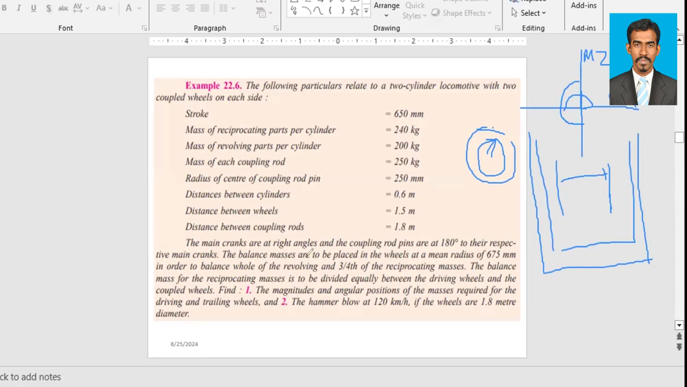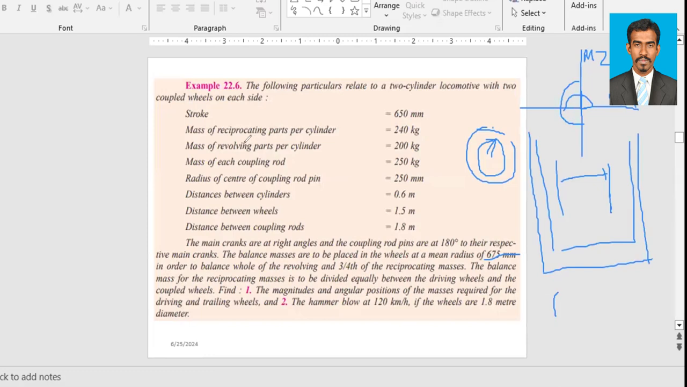The balance masses are to be placed in the wheels at a mean radius of 675 millimeter. So the balancing masses are going to be placed at 675 millimeter in order to balance the whole of the revolving mass, which is 200 kilogram, and 3/4 of the reciprocating masses. In the reciprocating mass only 3/4 is going to be balanced, and the revolving part is completely going to be